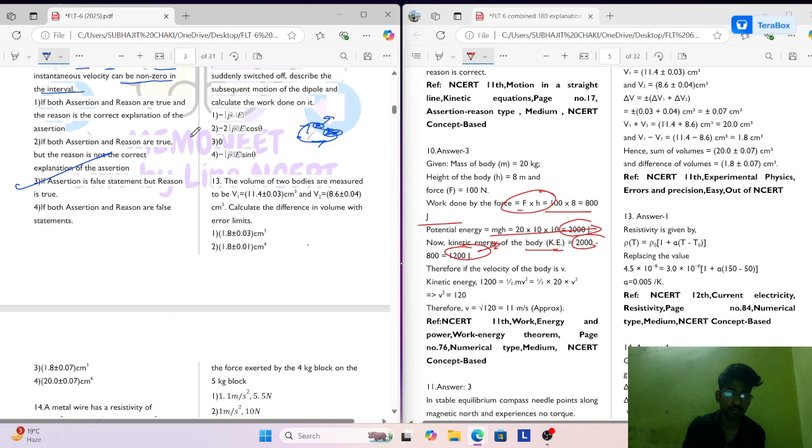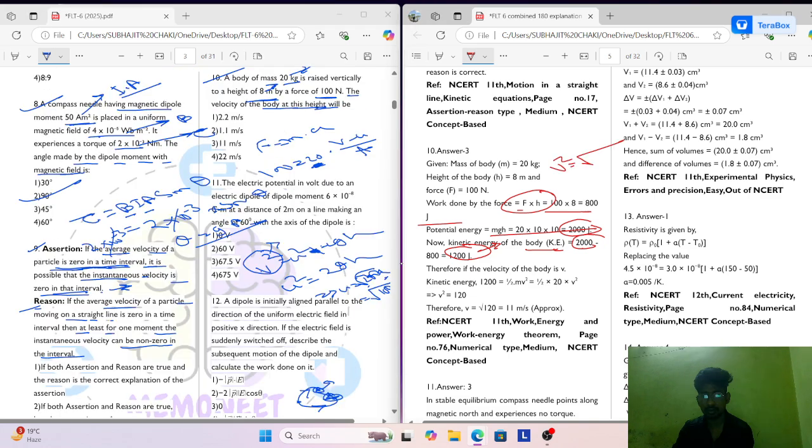V equals root over 2 by m into 1200. This is 20, na? This is 60 into 2, 120. V will equal root over 120. That is, 120 means, you know, 11 squared is 121, so therefore around 11 will be the correct option here,